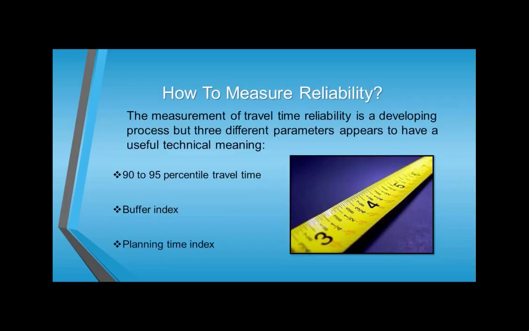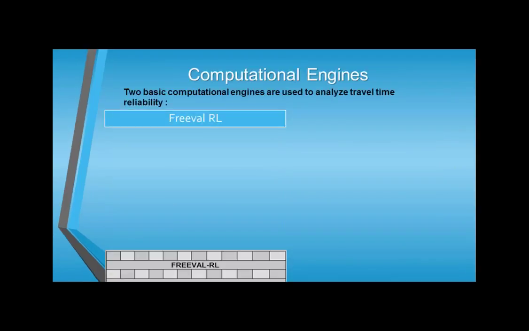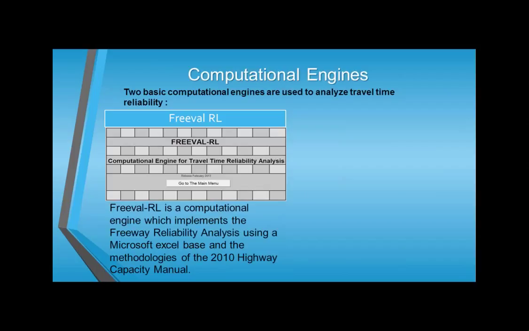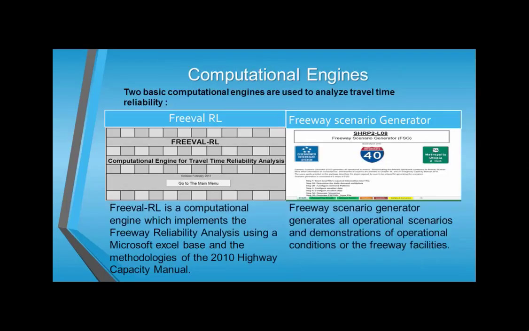Some of the tools that we use to help us with the calculation of travel time reliability are, the first one is called FreeVault-RL. FreeVault-RL is a computational engine that uses Microsoft Excel basis and the methodologies of the Highway Capacity Manual 2010. Together with the FreeVault-RL, we also use the FreeVault Scenario Generator, which helps us to create all the possible scenarios that we might have in the roadway, including the combination of the weather probability, the incidence probability, and